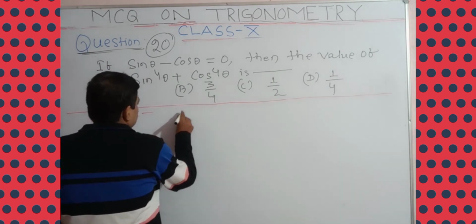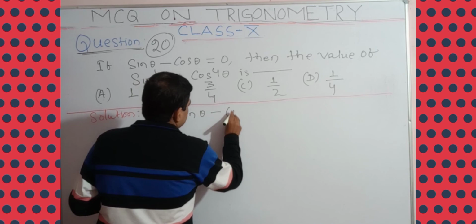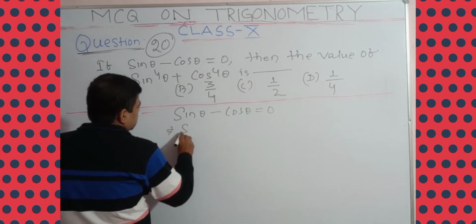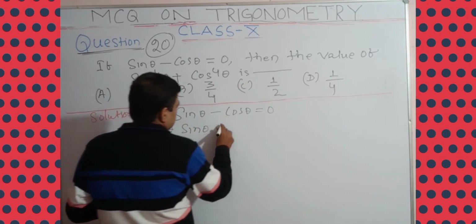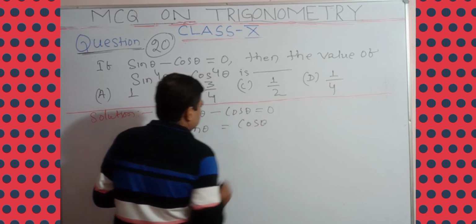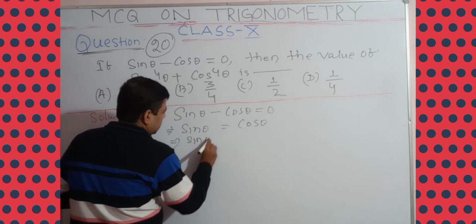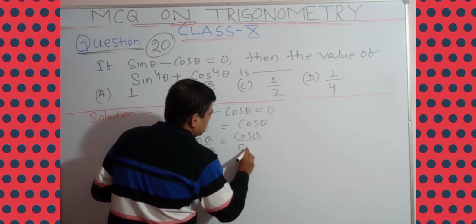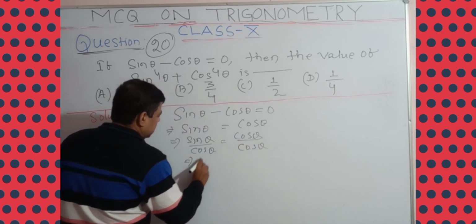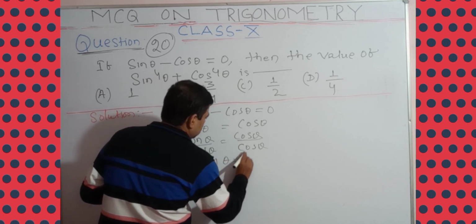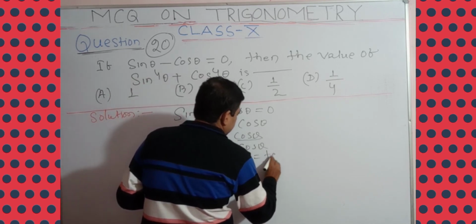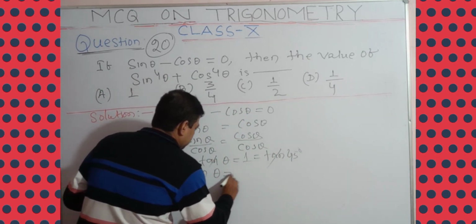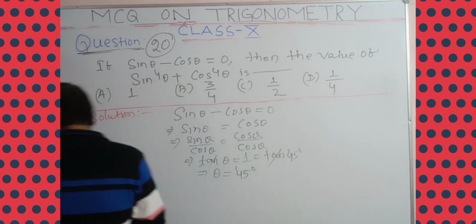Here given sin theta minus cos theta is equal to 0. Understand? So you see now sin theta minus cos theta is equal to 0, so sin theta can be equal to cos theta. Yes or no? So that implies sin theta by cos theta is equal to cos theta by cos theta, divided. So it will be what? Tan theta. So tan theta is equal to how much? 1, which is tan 45 degree. So tan will be cancelled, so theta is equal to 45 degree. So the value of theta we got is 45 degree.